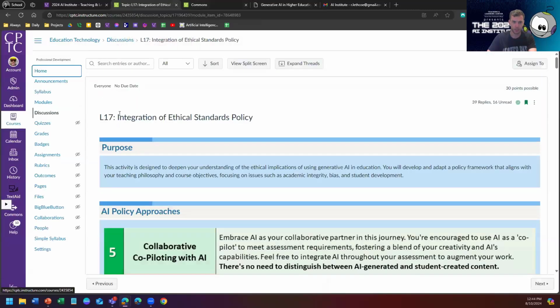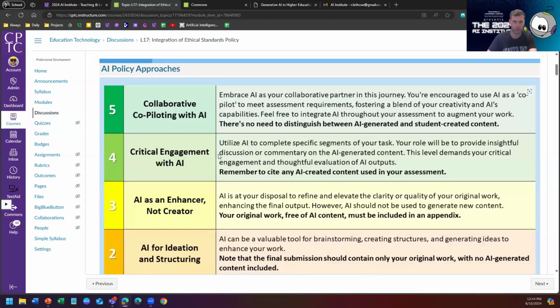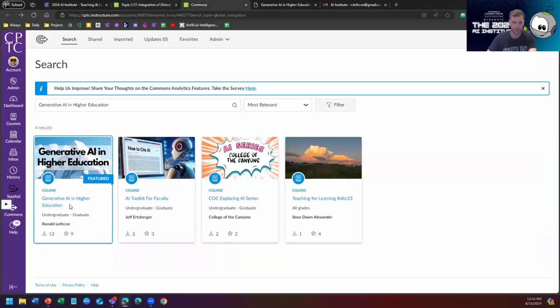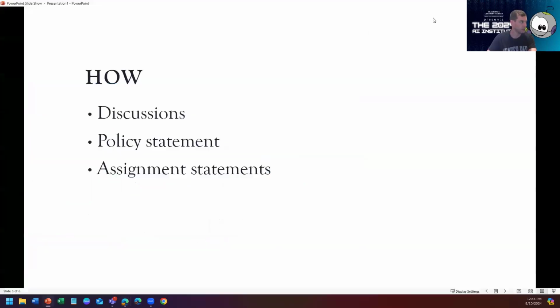The second module goes over the ethical standards, and that's where we have this one here. This course is free to use. It's in the Commons, so if y'all need something to go over with your faculty, that could be a good one.